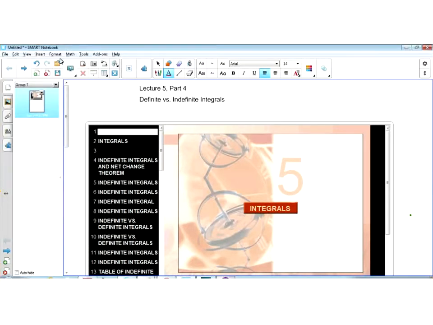Okay, so in this section, we're going to talk about another concept in integration called indefinite integrals, and we're going to compare indefinite integrals with definite integrals and work a few more examples of definite integral computations. All right, so